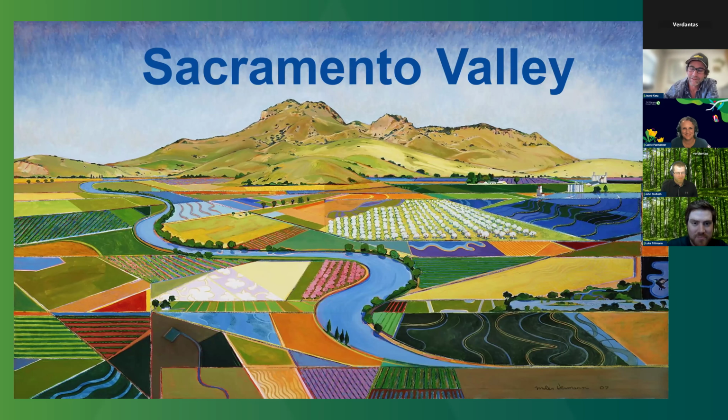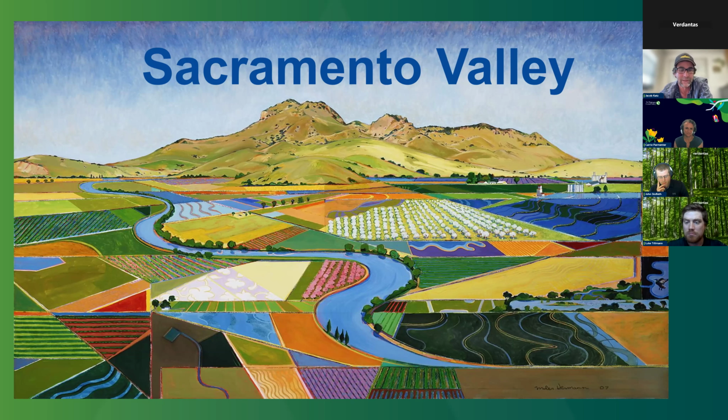So the Sacramento was approximately 2 million acres of wetland habitats previous to what we know it today as this incredible mosaic of agricultural production, right? The Sac and the San Joaquin together are really America's great fruit and nut basket, some of the most productive and lucrative farmland on earth. They're also the major conduit for water, which is the fuel of California's economy, the fourth largest economy on earth. So this is really a valley of multiple uses.